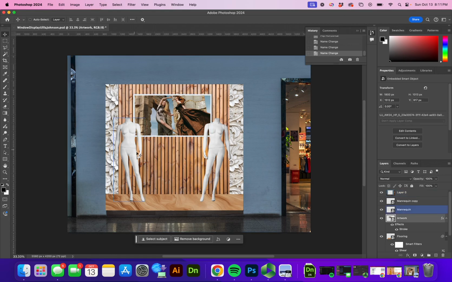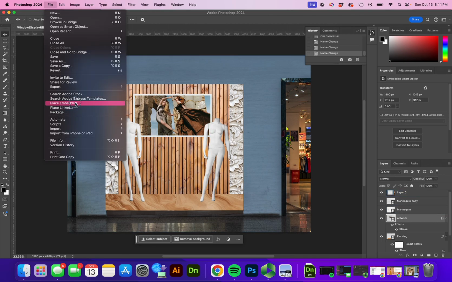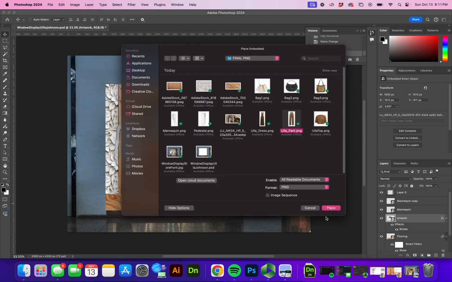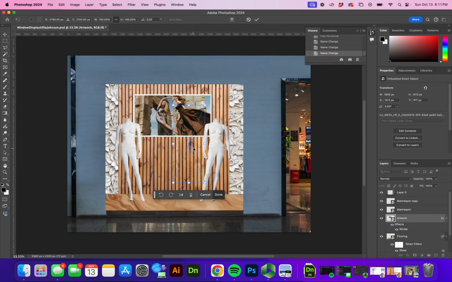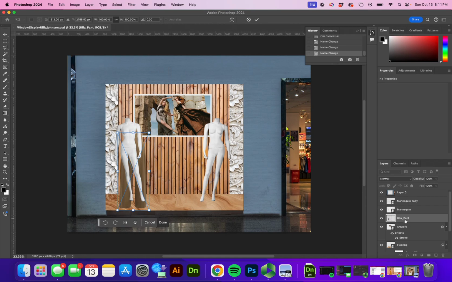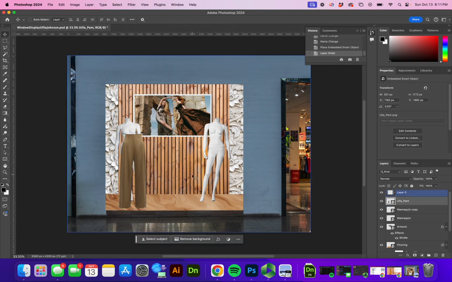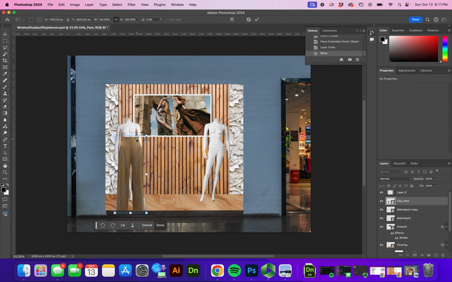So the first thing I'm going to import are the pants. So I will go to File, Place Embedded, and I'm going to select these pants. The first thing I want to do is make sure my pants are above my mannequin layer, and then I'm going to scale these pants down so that they will be approximately fitting on our mannequin. To scale it down, Command T to transform, or Control T,